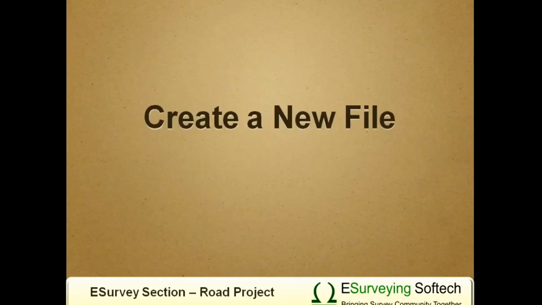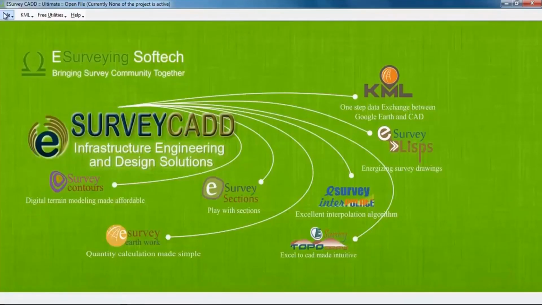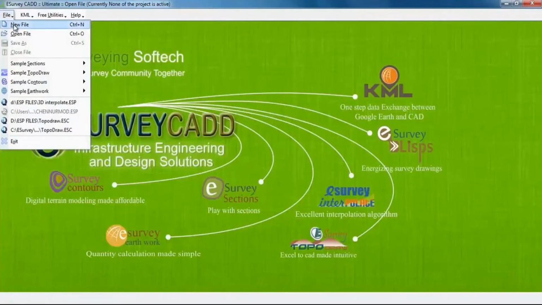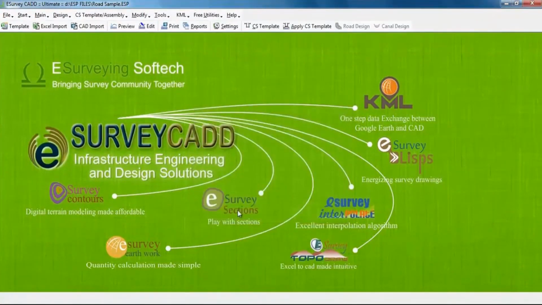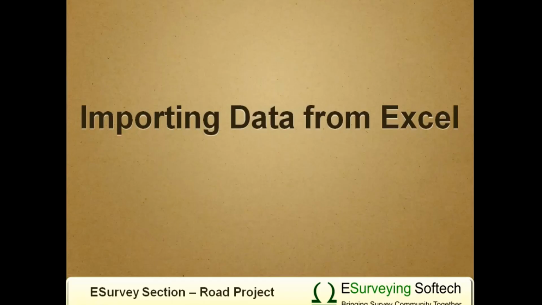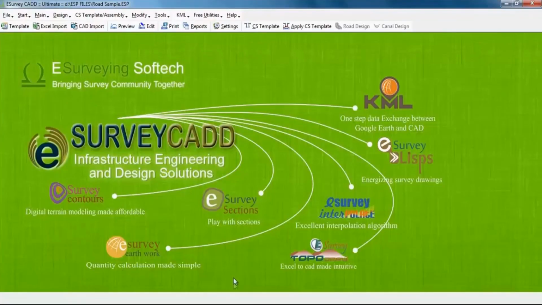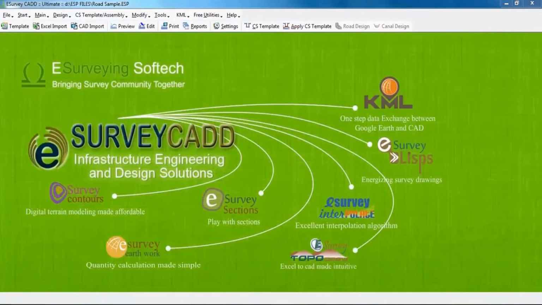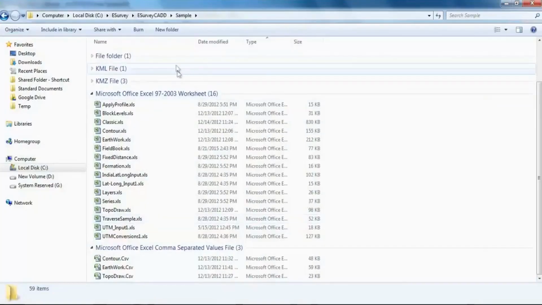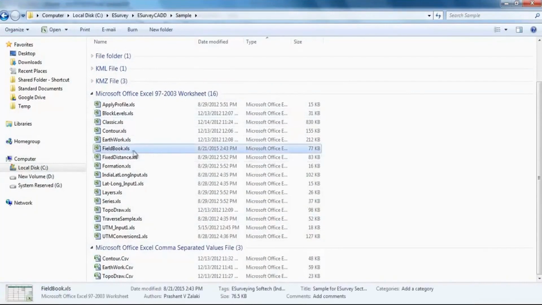Create a new file. Open ESurvey CADD, select File, New, specify project name, say Road Sample, and create a new file by selecting Sections option. Importing data from Excel. For understanding, in this video tutorial, we will import data from field book format. Open C: ESurvey, ESurvey CADD, sample,